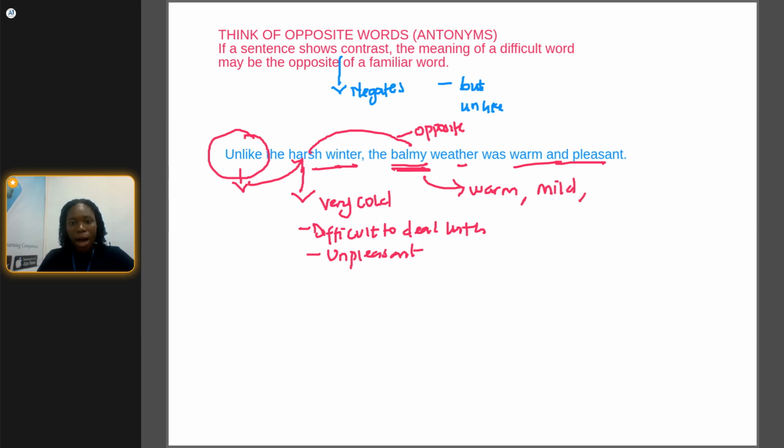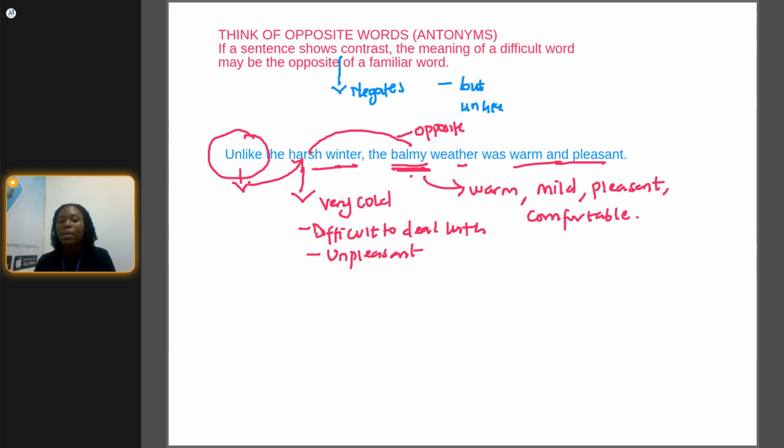Okay. You can have pleasant. You can have comfortable. All right. To determine this: unlike the ash weather, the balmy weather was warm and pleasant. So, if you are asked to choose the synonym of this word, balmy, you have it underlined and you're asked,